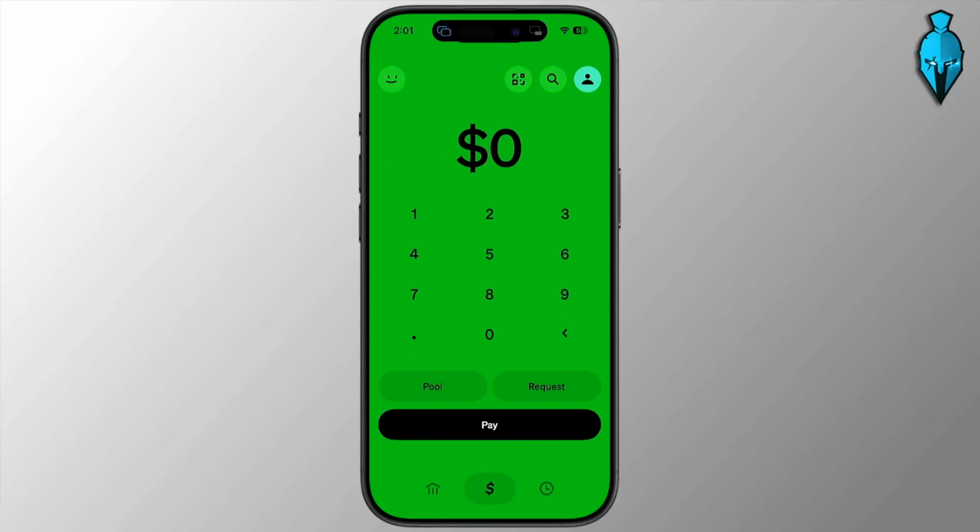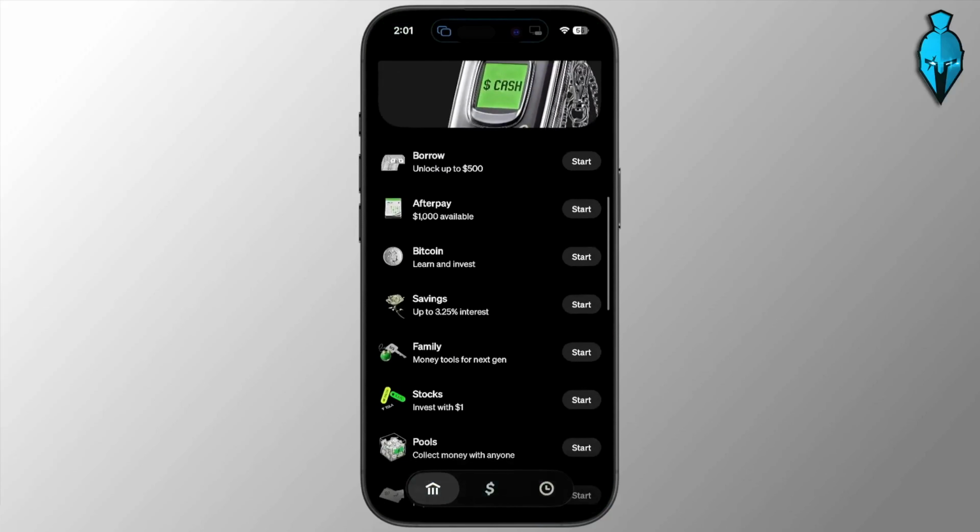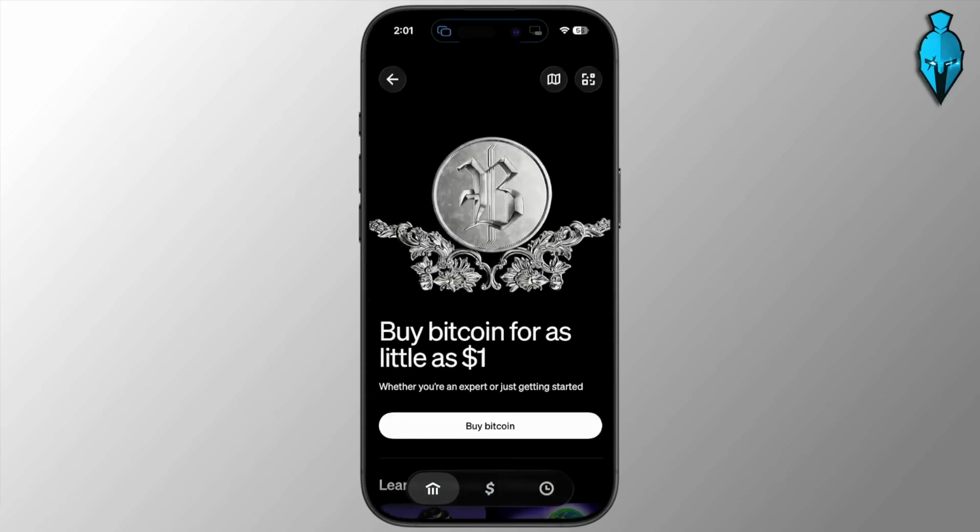First, go ahead and open Cash App and tap the Bank tab in the bottom left corner. Then scroll down until you find the Bitcoin option right here and tap it. If you haven't set up Bitcoin yet, tap Buy Bitcoin and complete the setup first. Once you're on your Bitcoin dashboard though, tap the Send button, which may appear as an airplane icon near the